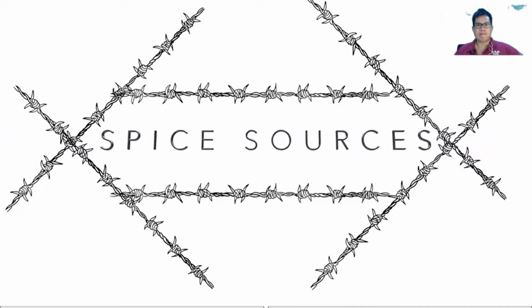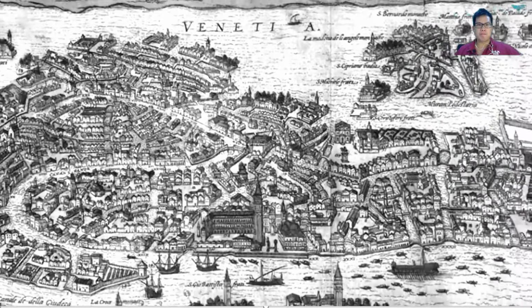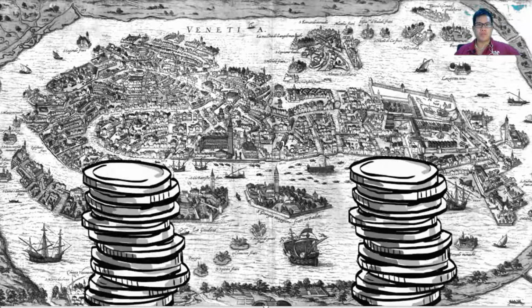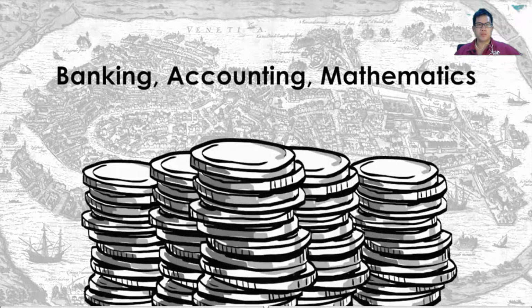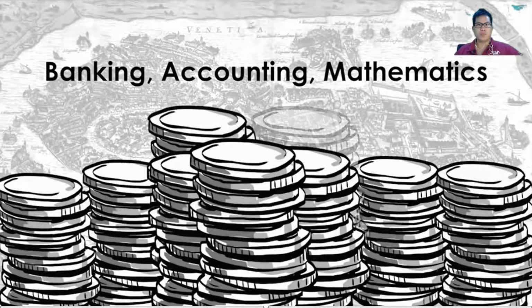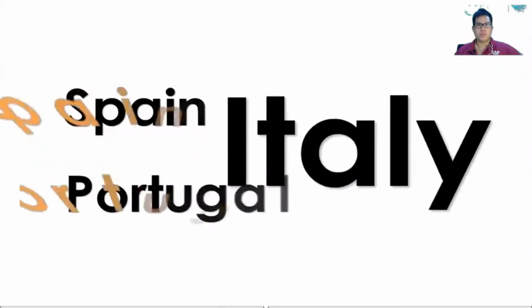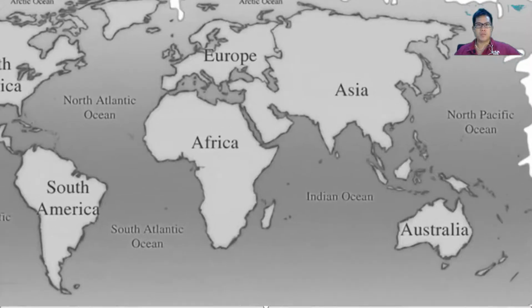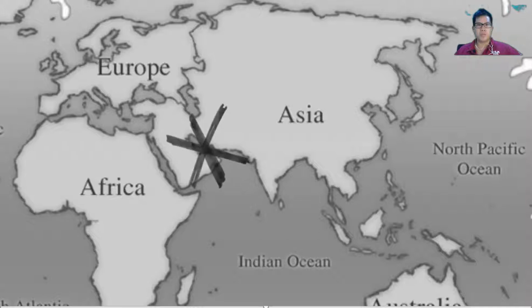With that much potential for profit, it is easy to understand why the spice sources were so jealously guarded and why those in control of the spice trade wanted to stay in control at any cost. The Italians, particularly the Duchy of Venice, thrived off the trade that moved overland from the Far East and India. Goods passed through the hands of Venetian traders before being distributed to the rest of Europe. Banking, accounting, and mathematics flourished in this trading environment, and the wealth of Venice during the 15th century was legendary throughout Europe. Many were envious. Spain and Portugal even went to war with Italy to try to break their monopoly.